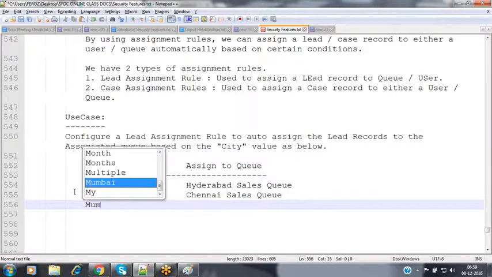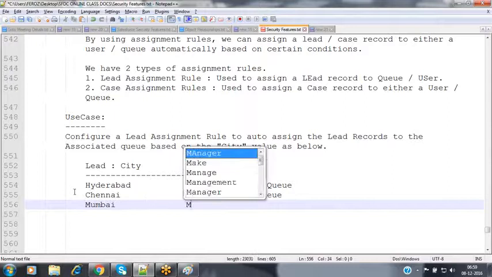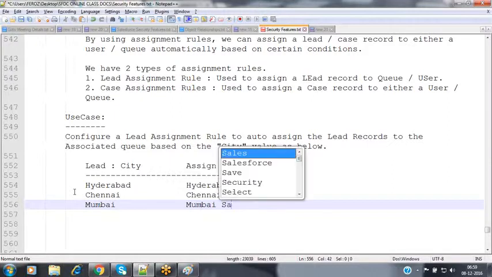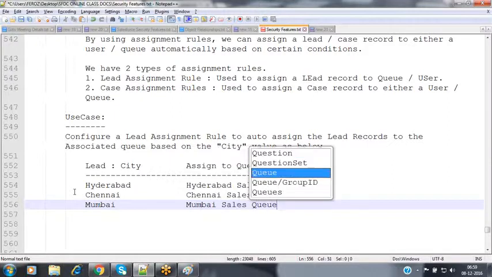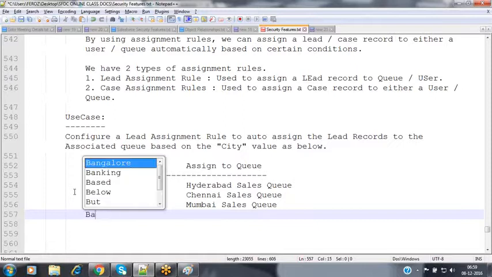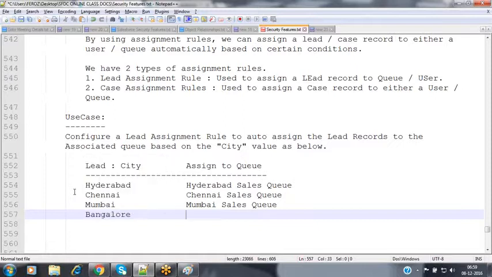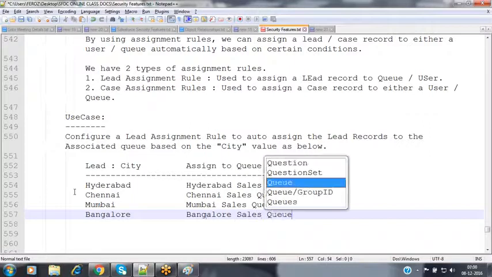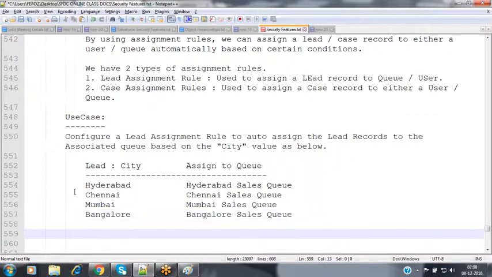If it is Mumbai, it has to be assigned to the Mumbai sales queue. If it is Bangalore, it has to be assigned to the Bangalore sales queue.